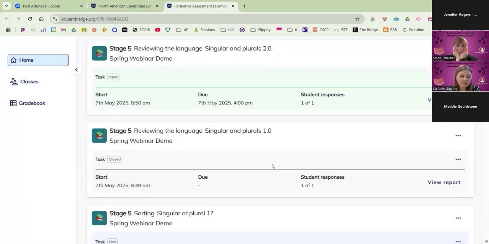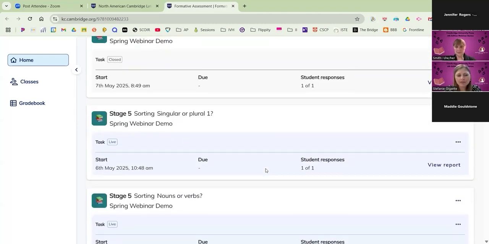That will also mean, though, just as advice for the future, if you're in the demo version of our product, you're not going to be able to reassign the tasks. However, this is a feature that will be standardized in the official launch as of August, so that if you wanted to reuse this particular activity with your class, maybe they didn't do so well on it the first time, you can always reassign it and redeploy it in the future. All right, and then when it's closed, you can view the report and so on and so forth.